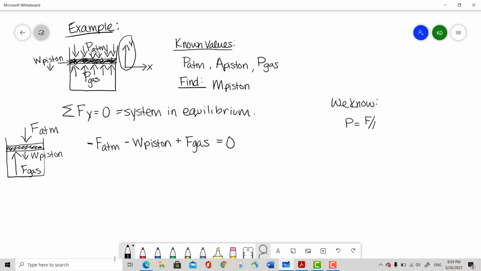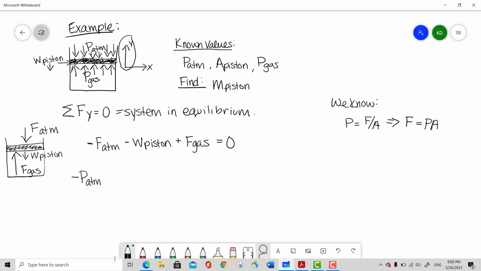Okay, and so we know from before that pressure equals force over area. And then we can rewrite that as force equals pressure times area. So we can rewrite these to include this mass in here. And so what we'll do is we'll take this force right here, because force equals pressure times area, and that will go negative